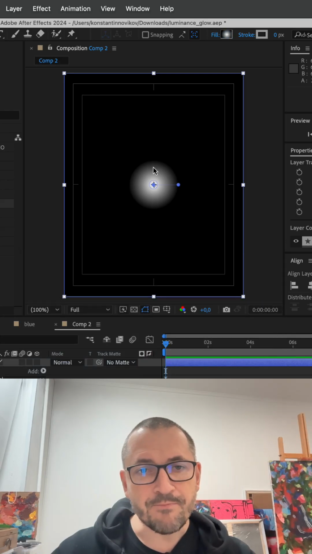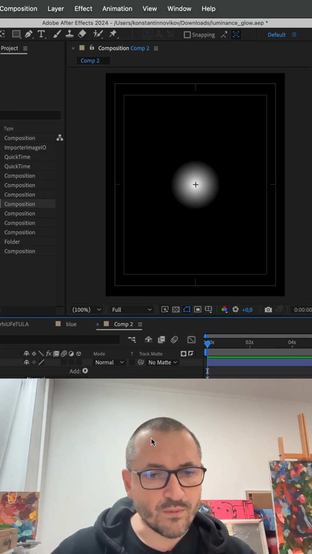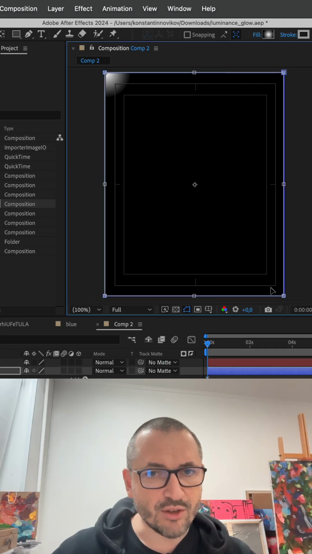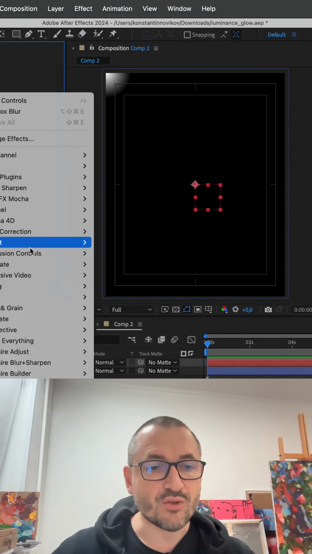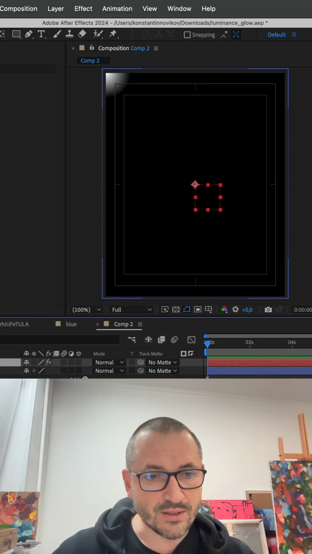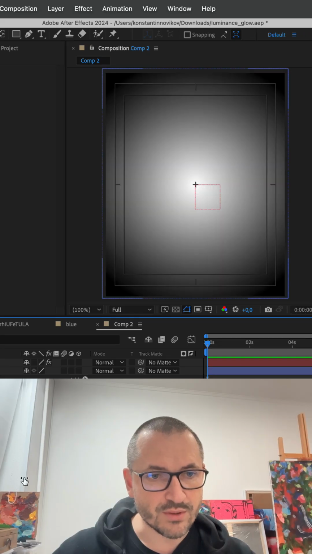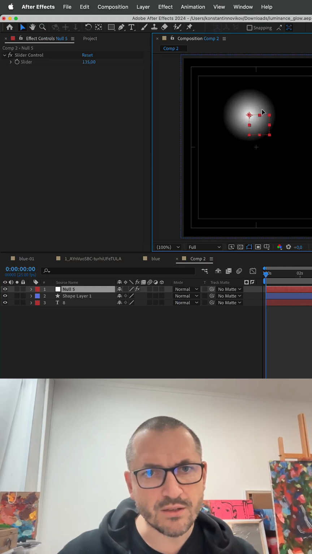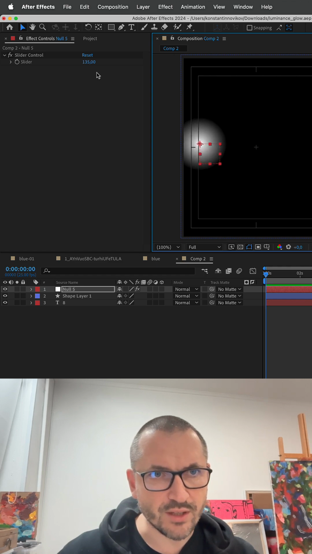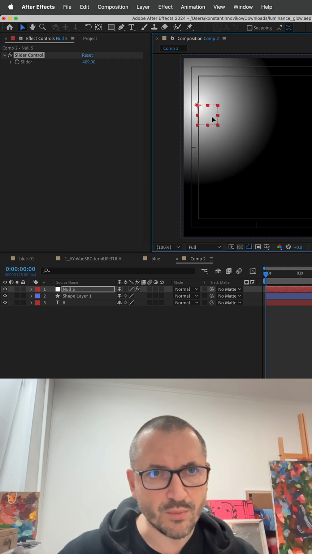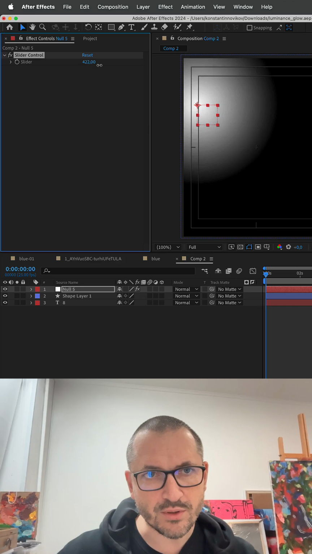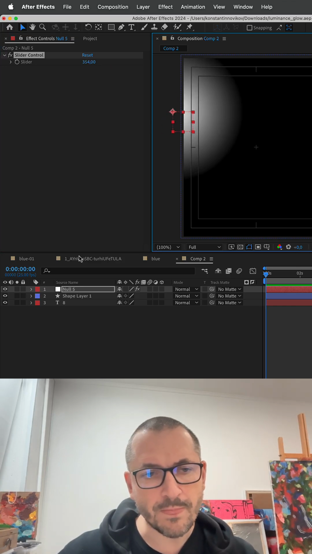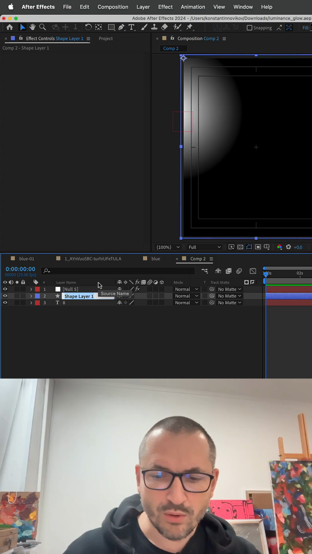Yeah. Next, for my convenience, I will skip some part where I create a controller for this gradient, because I like to do it like this. So what I have here is a null, which controls my gradient. It will be big or small, and the ramp is also controlled here. So this is just my setup for myself. Okay, this we'll call Luma map.